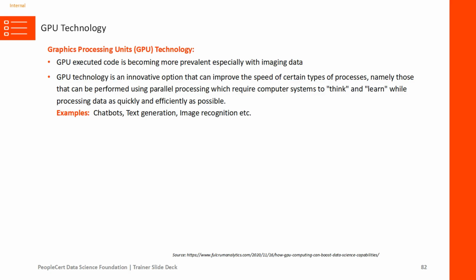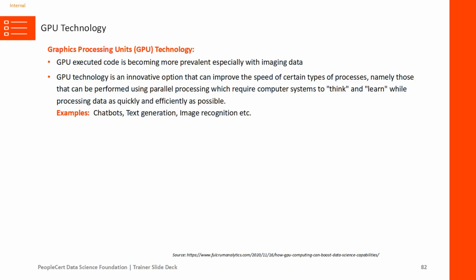Now let's talk about what is GPU. So GPU technology is called graphic processing unit. GPU basically helps you to execute the code. It's becoming more prevalent, especially with the imaging data. GPU technology is again more of an innovation option that can help you to improve the speed of certain